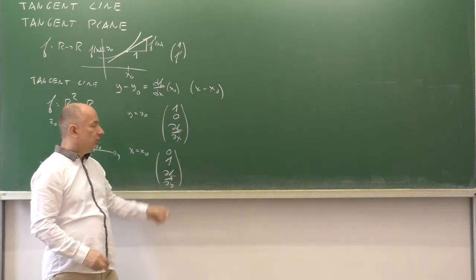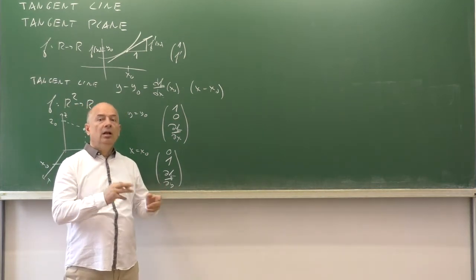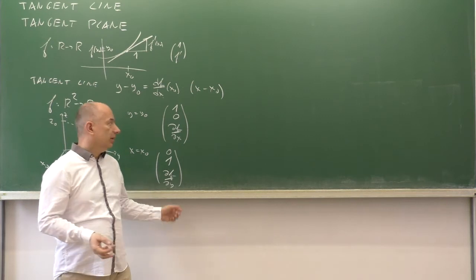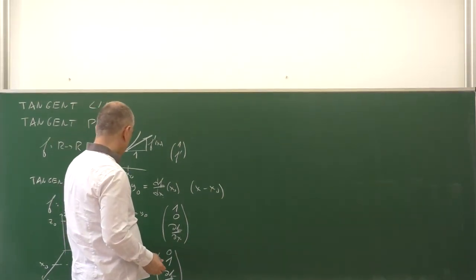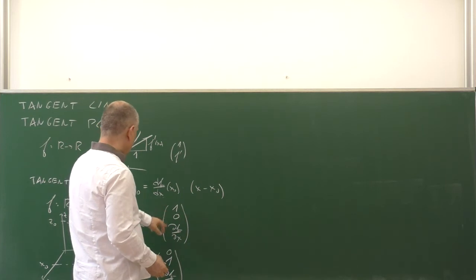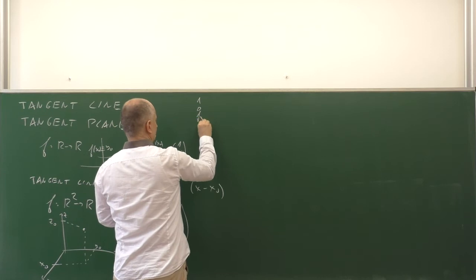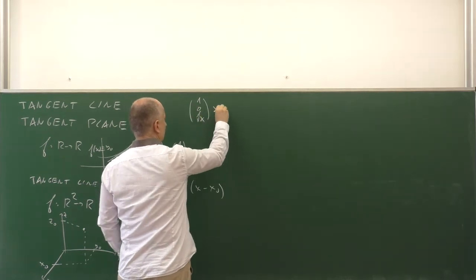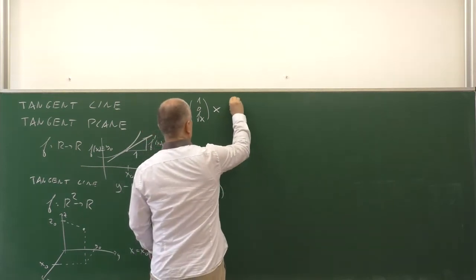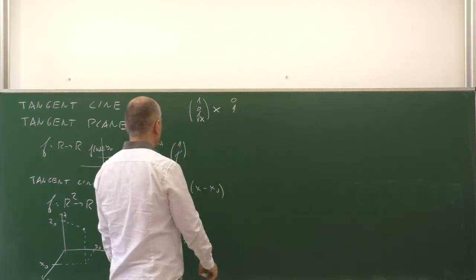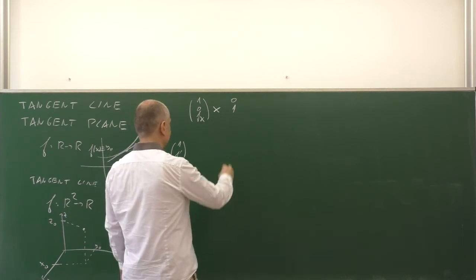And if we have these two vectors, we can find a perpendicular vector by their cross product. So if we take the vector, say 1, 0, fx, and we consider the vector product, the cross product, with the vector 0, 1, fy,